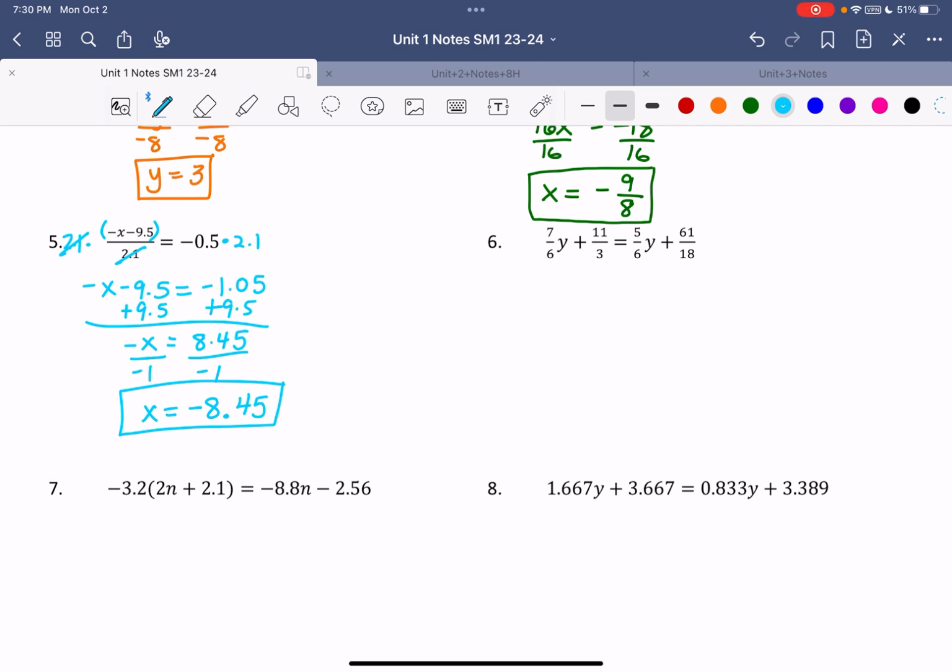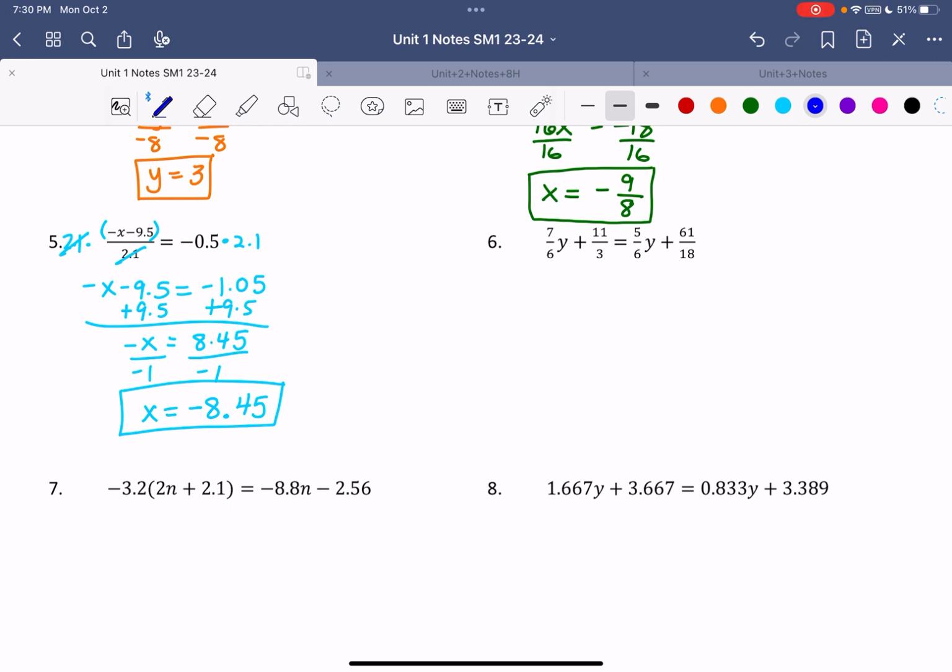If you're dealing with fractions, the answer should be in fractions. If you're dealing with whole numbers and you end up with something that would not be a whole number, use fraction form. All right, number 6, because we have a whole bunch of fractions, and fractions aren't always the